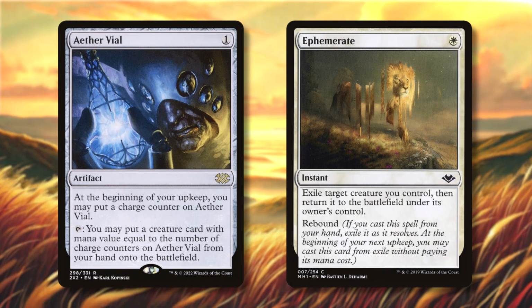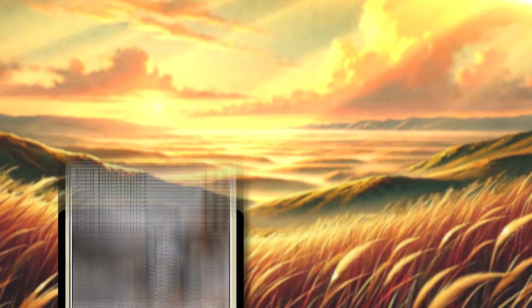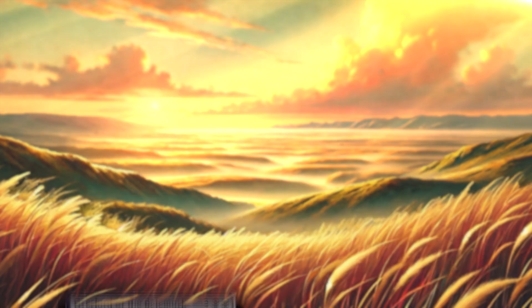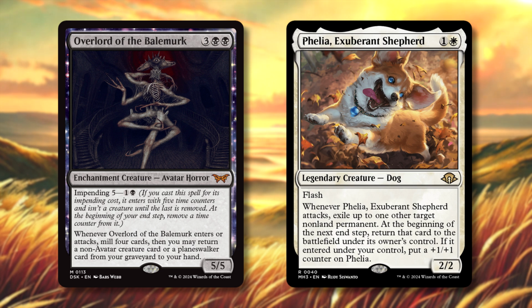Key opening moves include Aether Vial and Ephemerate, allowing you to eke out as much value as possible. As the game progresses, Recruiter of the Guard gives you access to utility creatures, letting you adapt your strategy to your opponent's game plan. One of the deck's coolest synergies involves casting Overlord of the Balemurk for its impending cost,